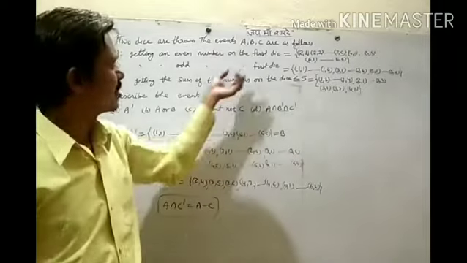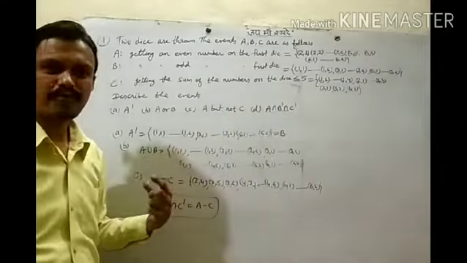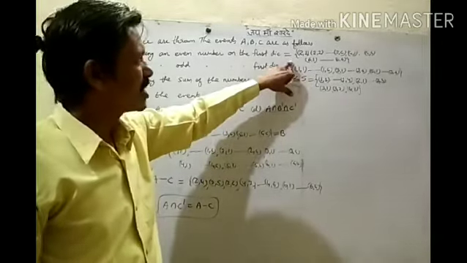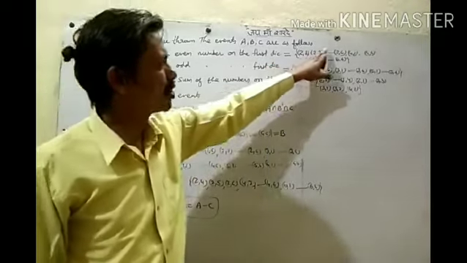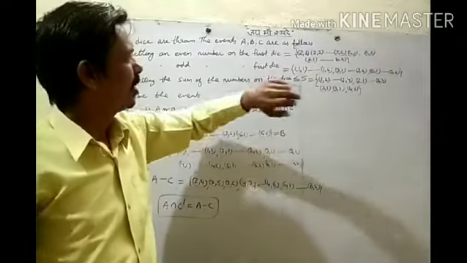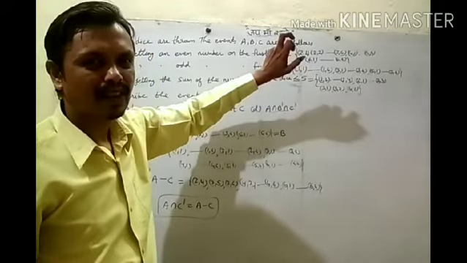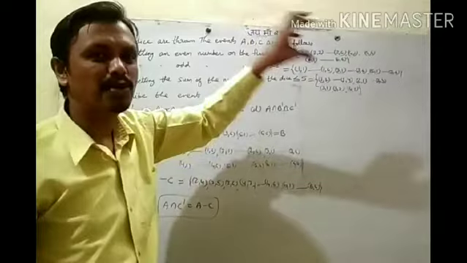Okay, so like this, some events are given, and we can find some other events also. Now, which type of event is this event A? It has more than one element, so it is a compound event. All of these are compound events. Then what is A intersection B? Null set. So A and B are mutually exclusive events.